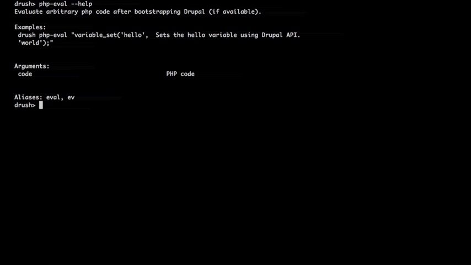Another really handy command is the php eval command. This will basically let you run any arbitrary PHP code in a fully bootstrapped Drupal environment. So you'll have access to all of Drupal's API functions. So you could do something like